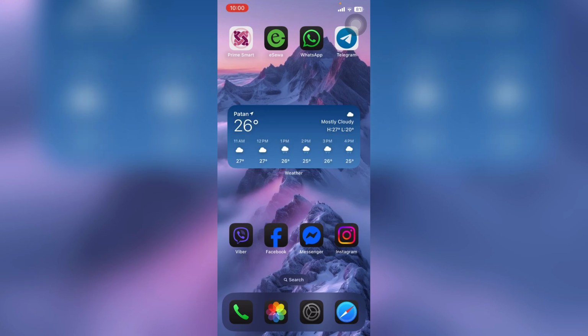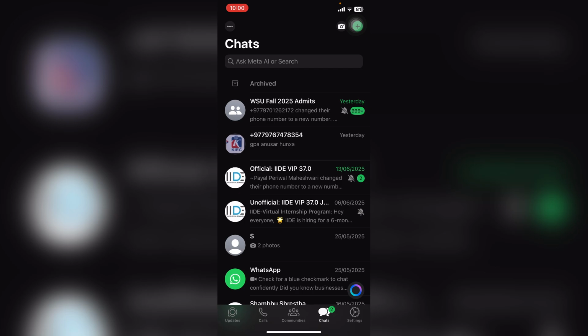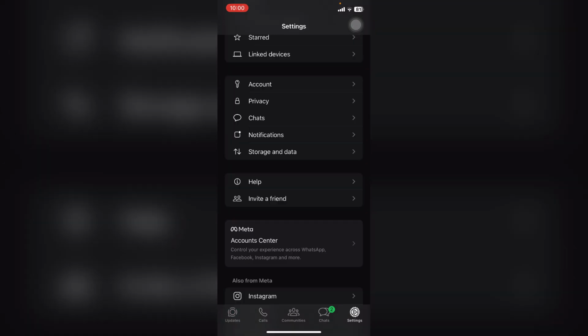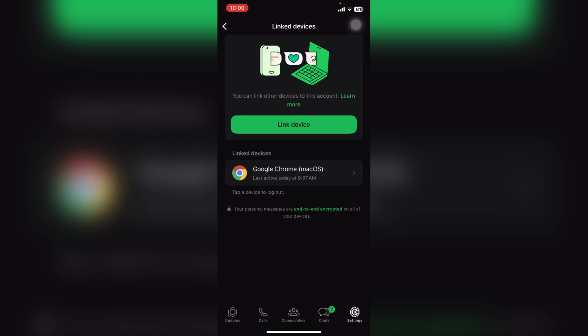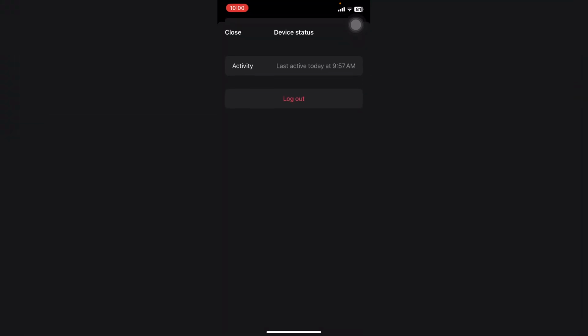Open WhatsApp on your phone and make sure to log into your account. Then tap three dots on Android or settings on iPhone on the bottom right corner. Then go to the link device option. Tap the device name you want to log out from. Then tap on logout. It's a good idea to log out of public or shared computers to keep your messages